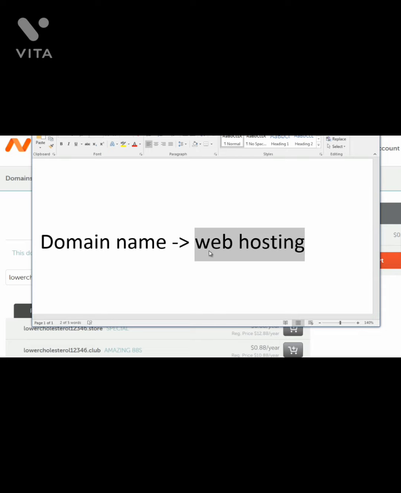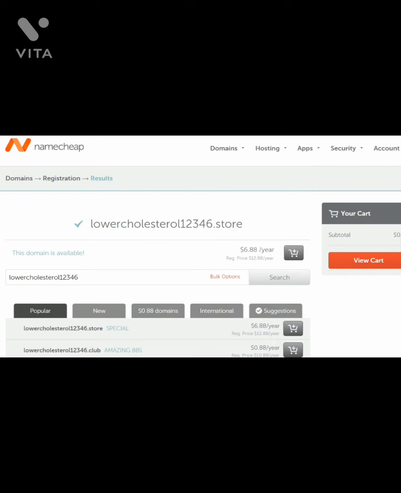So what you need to do now is find a web hosting company that specializes in WordPress, because you're going to be using WordPress. Now, just keep in mind that WordPress is a very intensive type of software. So as you grow your WordPress site, it utilizes a lot of RAM and a lot of server processing speed as it grows.